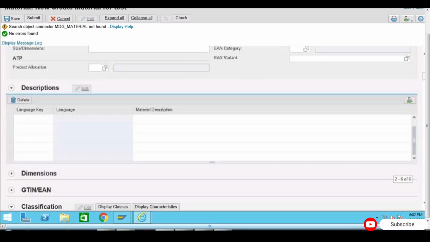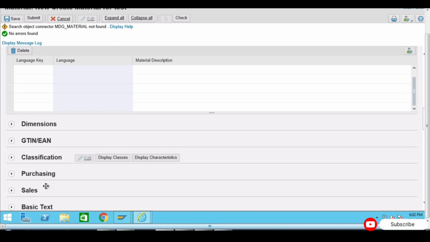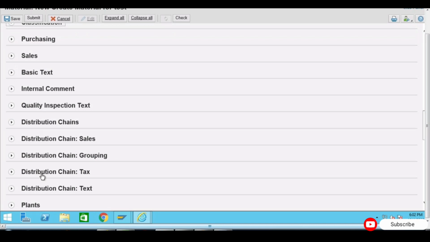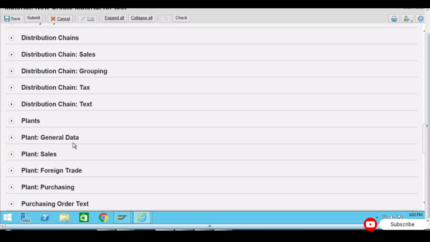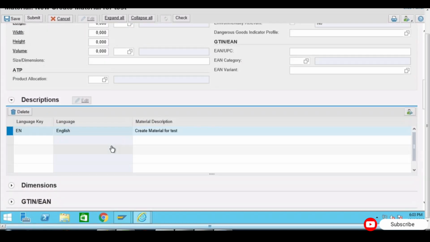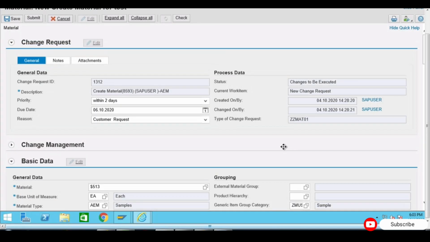Okay. Yes, if I want, I can add some more information like GT information, like purchase details, sales details, distribution chain details, then plant data. So there are a lot of information, but I'm just using some sample data with the very minimum details, where I can at least create some master data, okay, without a lot of different types of details. So the basic details I have just given, and then just check,